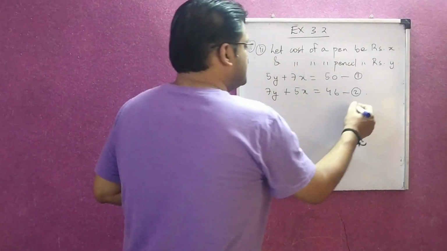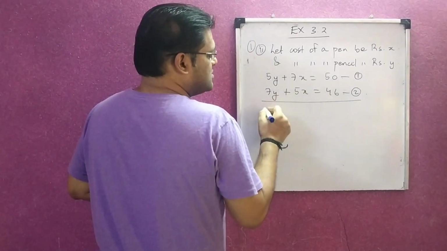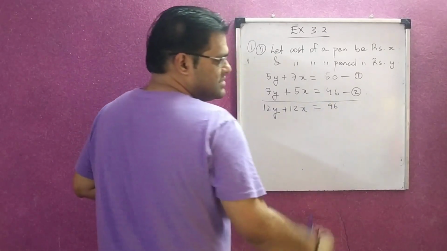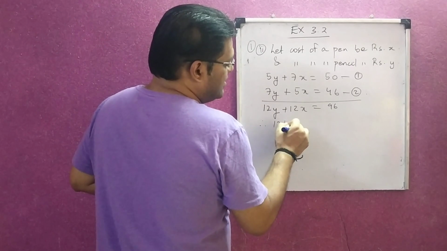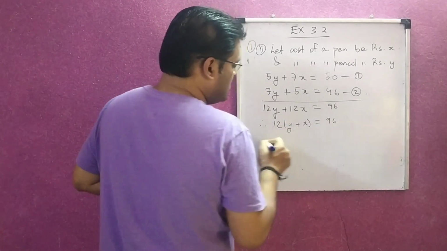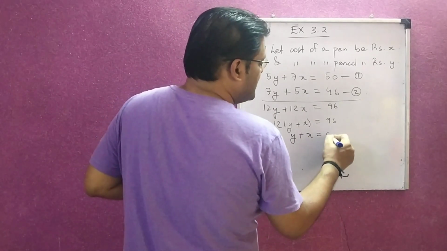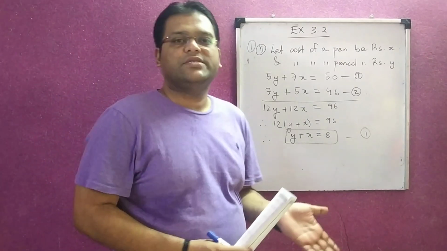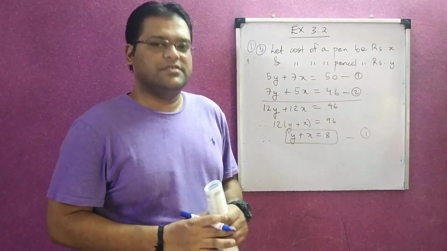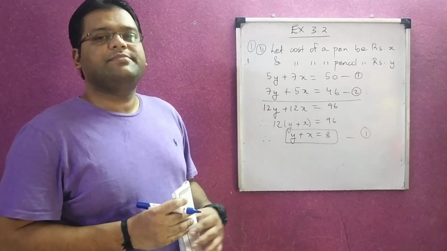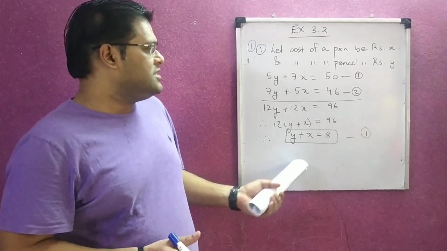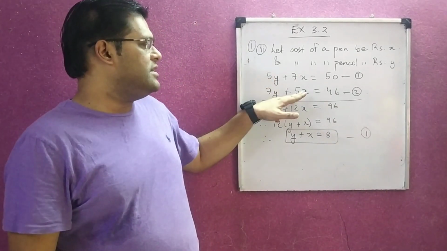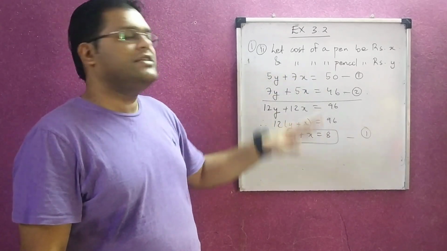So what I am going to do is, I add these values. I get 12y plus 12x is equal to 96. So 12 into (y plus x) is going to become 96 and thus y plus x is going to be 8. The only purpose of doing this particular process is to make your equations easy. Plotting the points for x plus y equal to 8 will be very easy. So that is why I do this particular process. And I am doing this only because you find that these particular coefficients are interchanged.